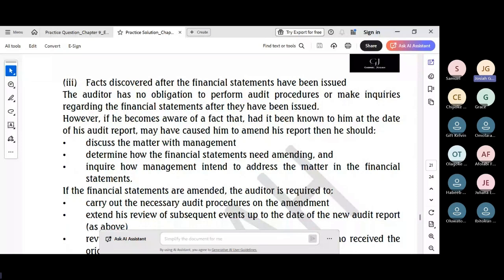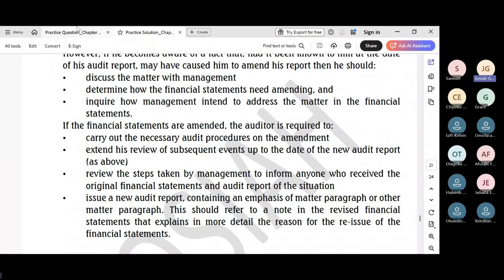So how do you write that? Focus on the unique final steps. You need to ensure public notification and issuing a new audit report with an emphasis of matter or other matter paragraph on that audit report, on what has correctly emerged. This is very, very important.